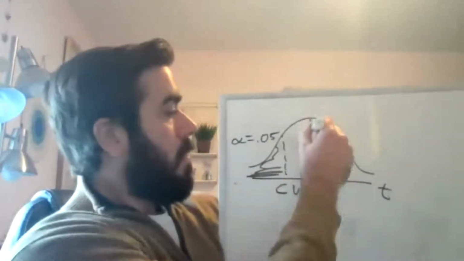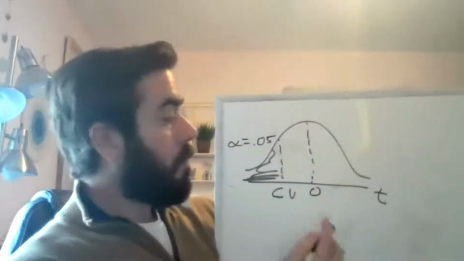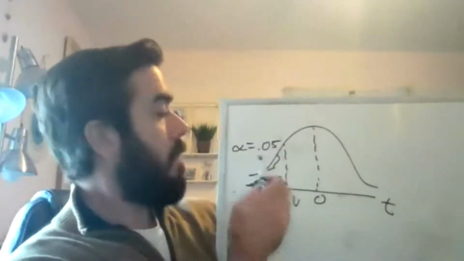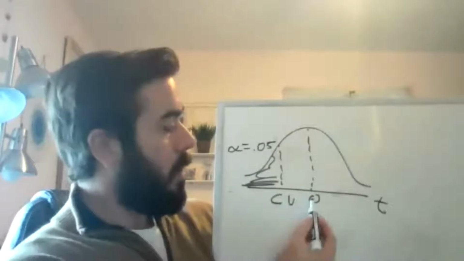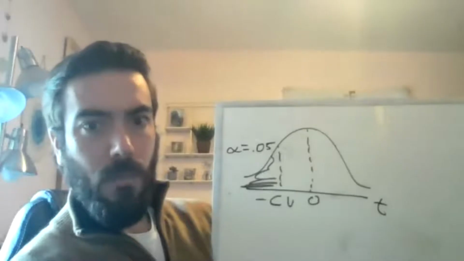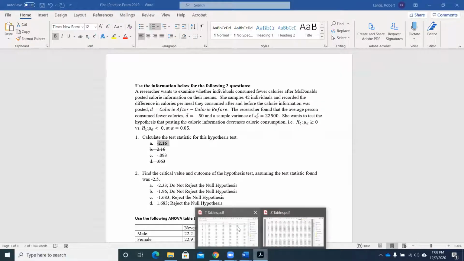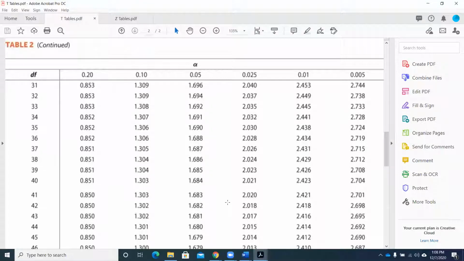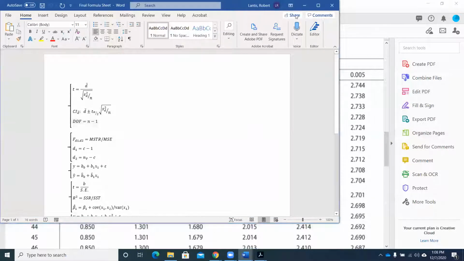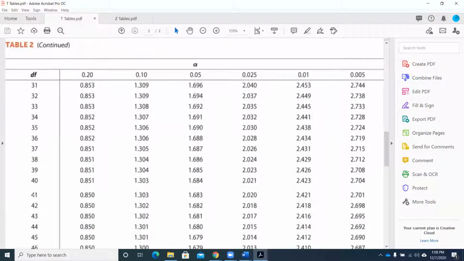We know that the student t-distribution is centered around 0, so if I have a left-tailed test, our alphas are relatively small. The area to the left of 0 would be 0.5. The area we want to the left is 0.05, so we know the critical value is to the left of 0, so it's going to be negative. So we'll go to that student t-distribution table. Our sample size was 42, so the formula sheet reminds us that our degrees of freedom is simply n minus 1. So 42 minus 1 is 41. We wanted 0.05 in the tail, so